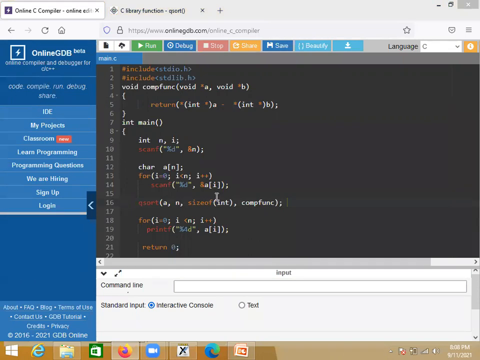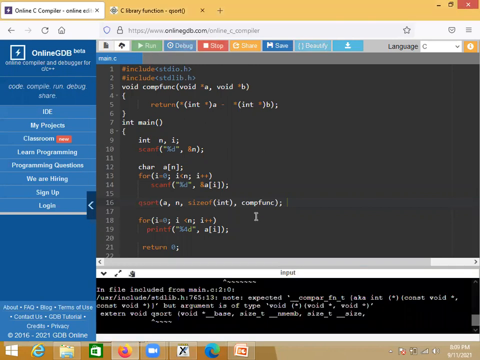Now I am running this code so that we can see whether the output is sorted or not. Now see here, extern void qsort, void star base, size_t. Now what is it saying, expected something. Some message we are getting here now, but still it